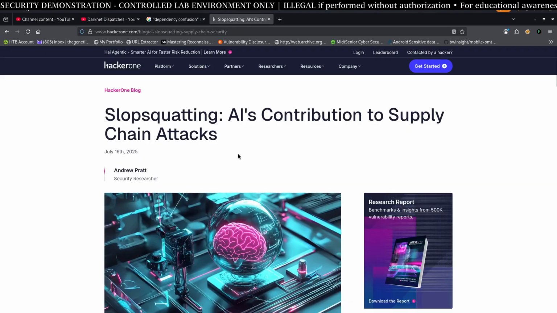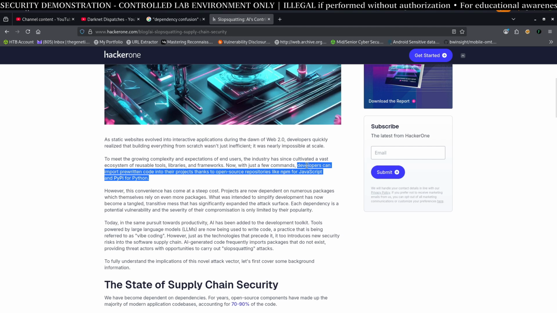In this report by HackerOne, they've told us about the dependency confusion attack, how it leads to supply chain attacks. Here you can see developers can import pre-written code into their projects, thanks to open source repositories like npm for JavaScript and PyPI for Python. So basically, as an attacker, you can create code and put it onto a public repository from where the developers will then fetch your malicious code and use it in their code base, which will then further lead to